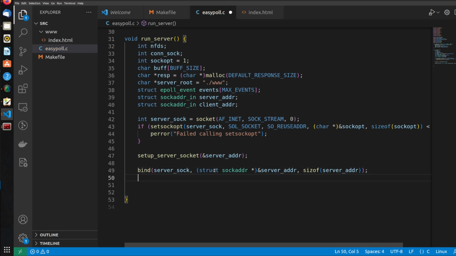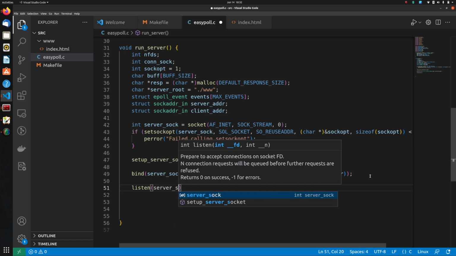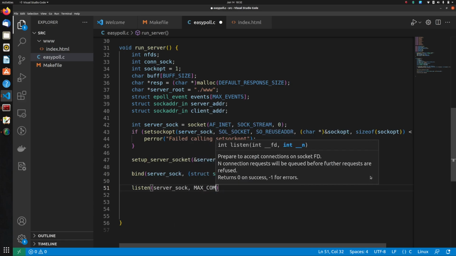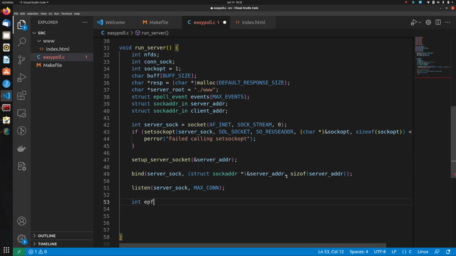Now the socket is bound to the address. Then what we are going to do is listen on this server socket, and the queue length will be maxcon. Then once our server is in listening mode, we are going to define an instance of epoll for our use case. So the epoll FD, we will call it epfd, and then we will use the first epoll system call, that is epoll_create,